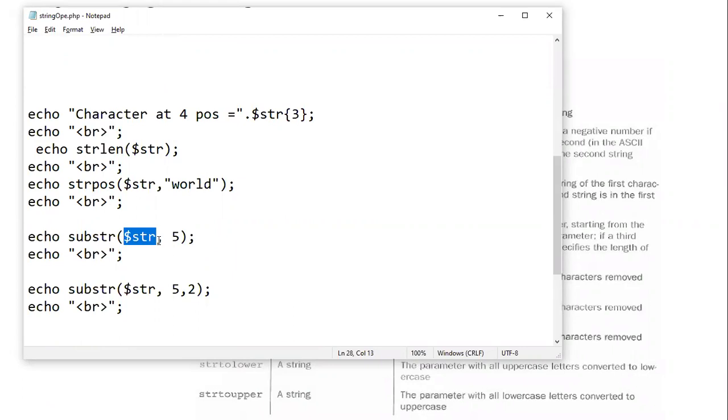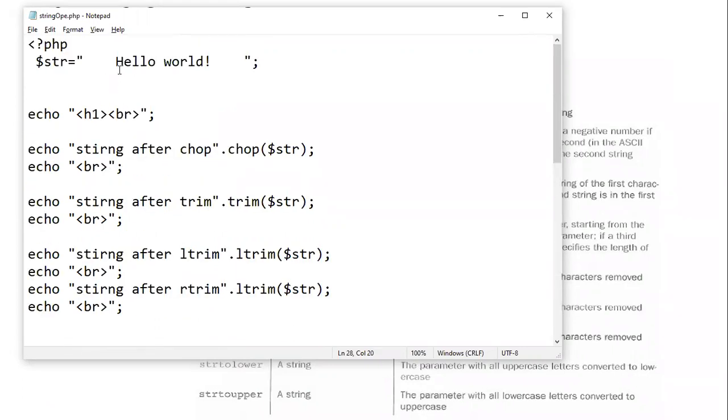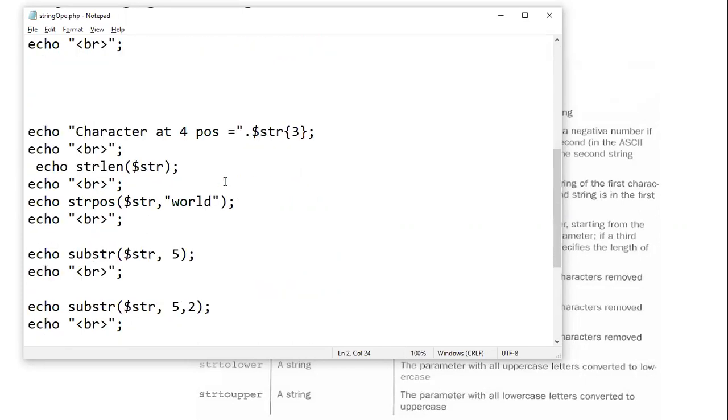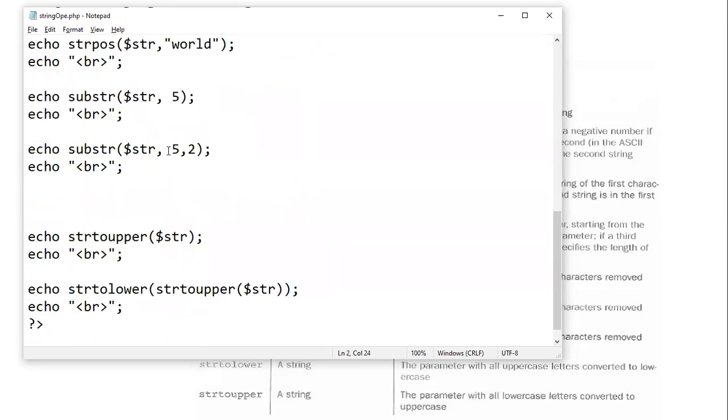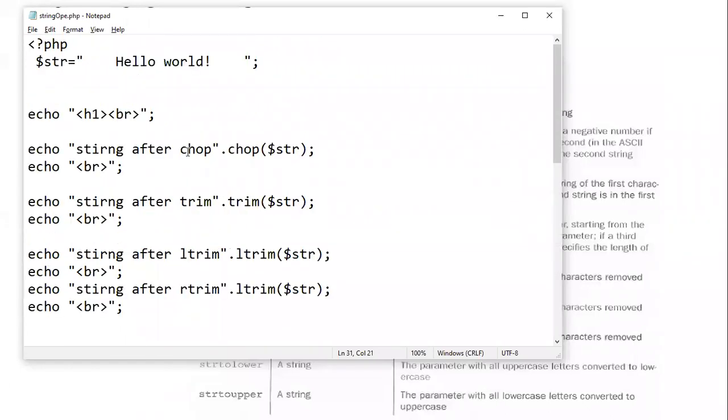The substring starts from this index, and I want to take the substring till this one. Here I'm specifying the starting index as well as the length: it will start at index five and take two characters. This way it will work.